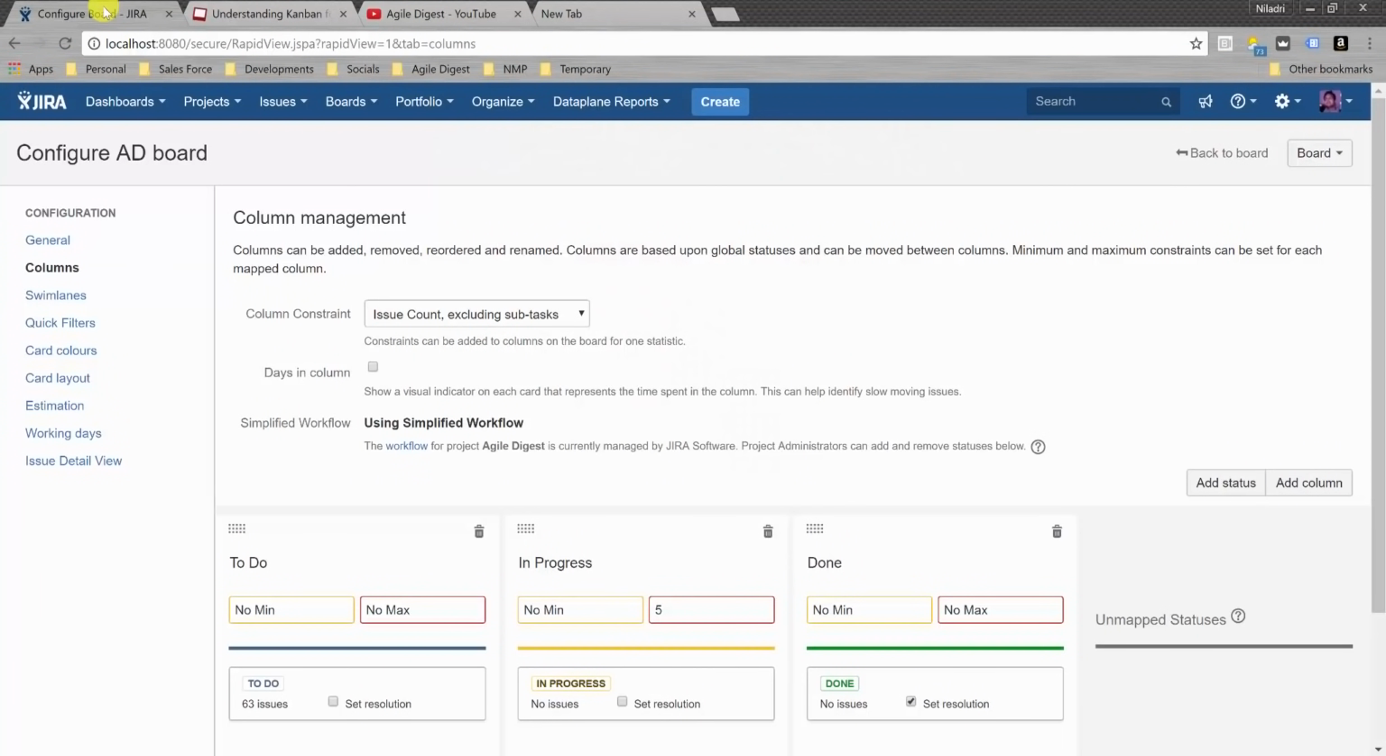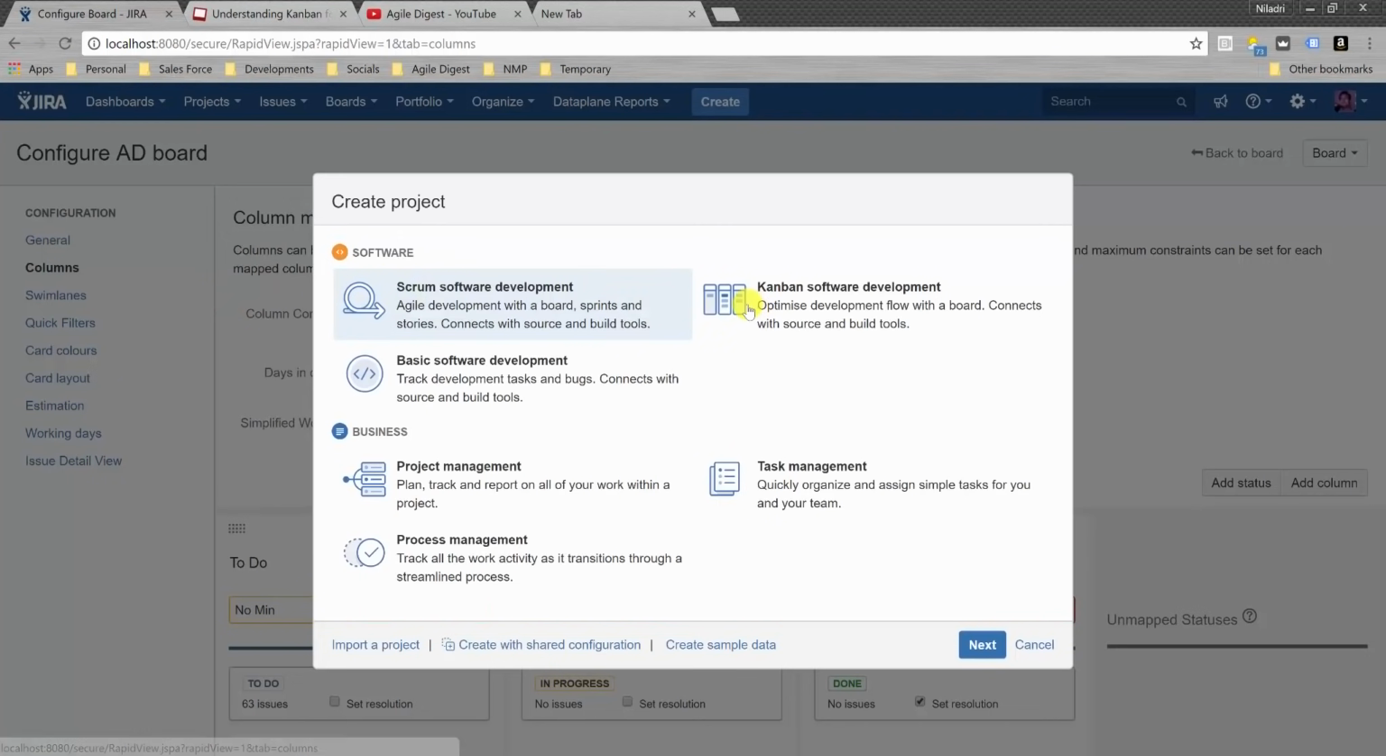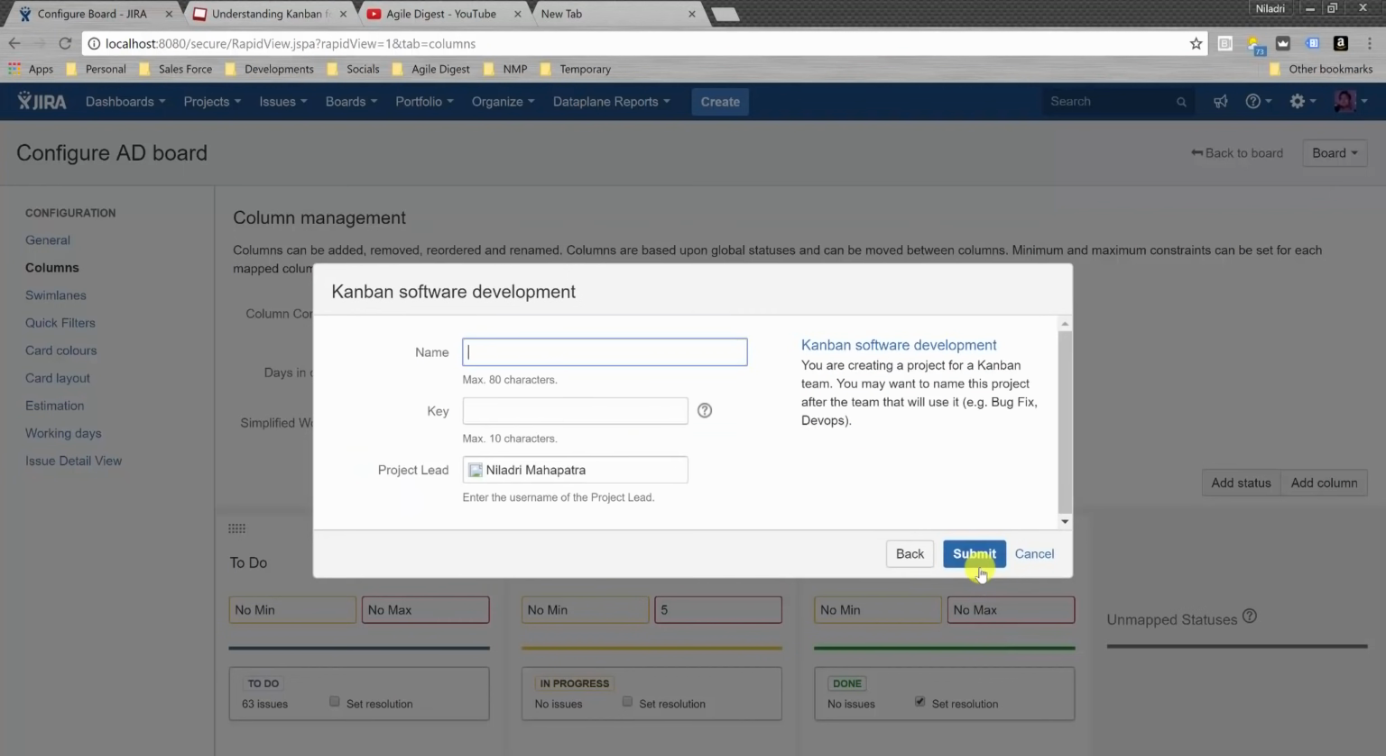Okay, so this is Jira. First thing we'll do is prepare a new project, and then we'll start configuring from there. I can click on create project, and here you need to select this Kanban software development tool. Once I select this, I'll be able to select the default workflow. We'll later change this workflow. This is the default workflow it shows, and I'm just clicking on select, and I'm saying okay, let's prepare an AD Kanban,